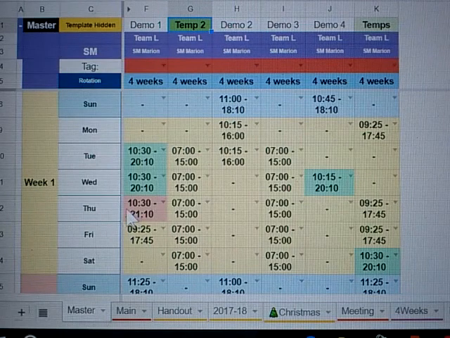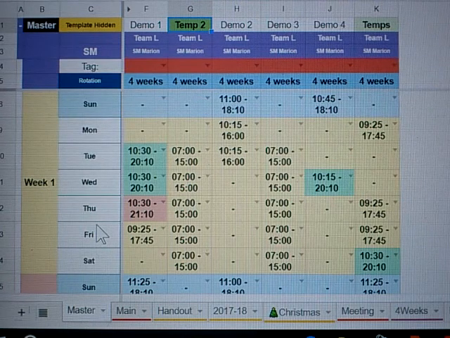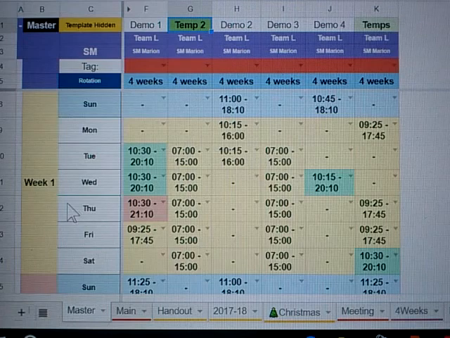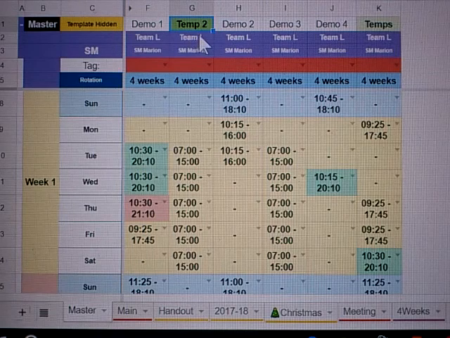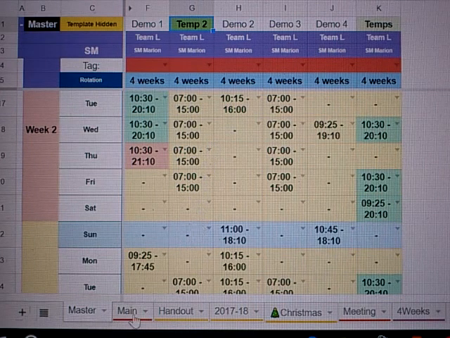Okay, now I'm going to show you exactly the same thing, but I just assume that you have a completely new rotor, and you know when you actually want the rotor to begin, in the beginning of what week, but you have to synchronize everything so that it actually fits in with what you have in your mind. So I got Temporary 2. So this person is doing the Christmas rota. Let's just pretend this is the Christmas rota, and